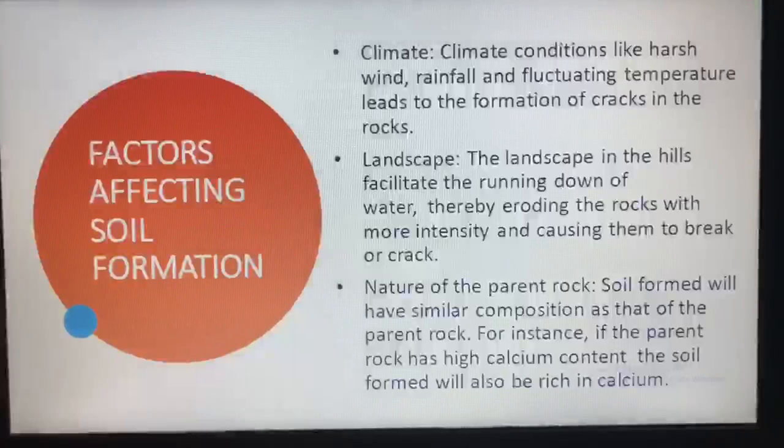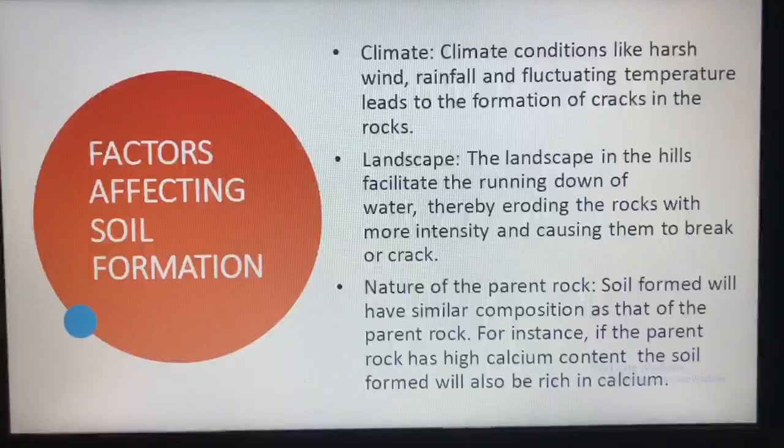So this much we had studied yesterday. Now let us continue the remaining part of the lesson. So now let us read about the factors which are affecting the soil formation. The first factor is climate, the second one is landscape, and the third one is nature of the parent rock. So climate conditions like harsh wind, that is when wind comes fast, rainfall and the fluctuating temperature